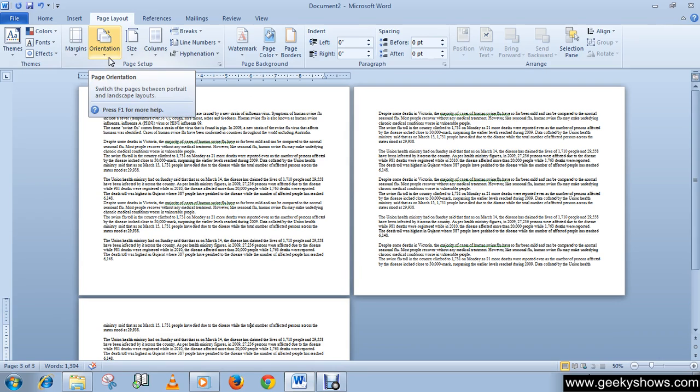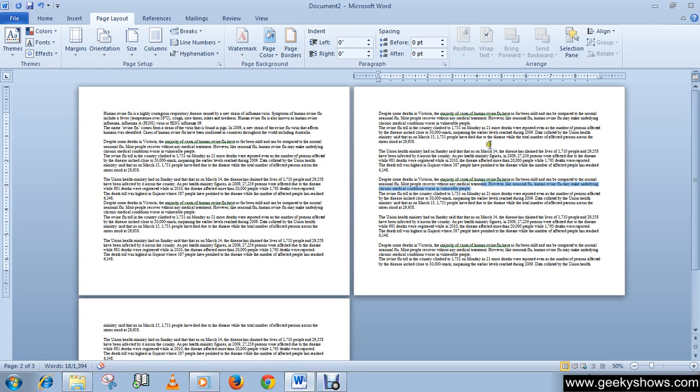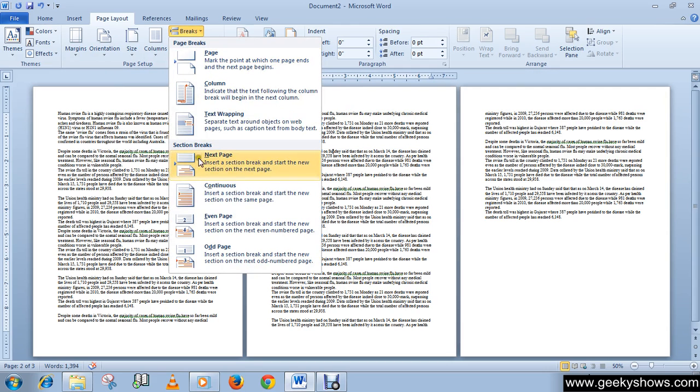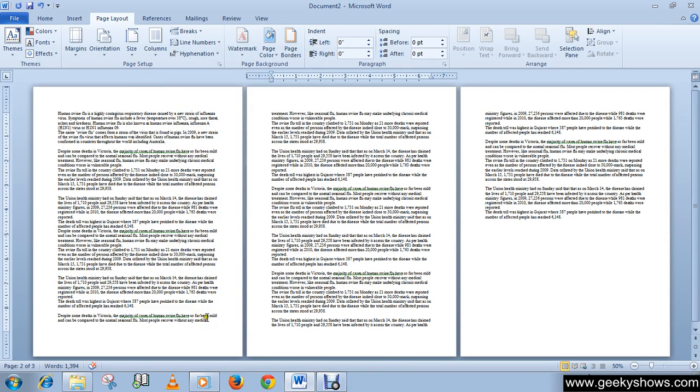This is not a good thing, because I just want to convert my page number 2 into landscape style. So how will we do that? For doing this type of thing, we will use the section break.